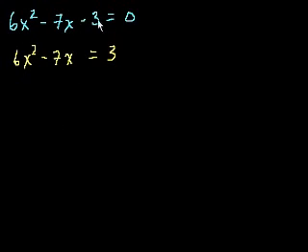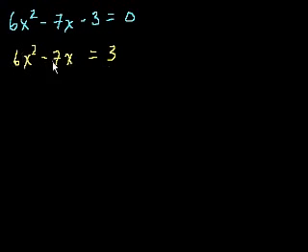And some teachers will leave the minus 3 here and then try to figure out what to add to it. But I like to get it out of the way so that I can figure out very cleanly what number I should put here. But I also don't like this 6 here. It just complicates things. I like to have it x plus a squared, not some coefficient in front of the x